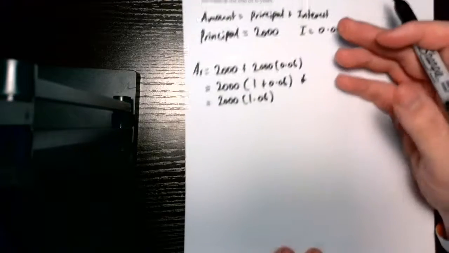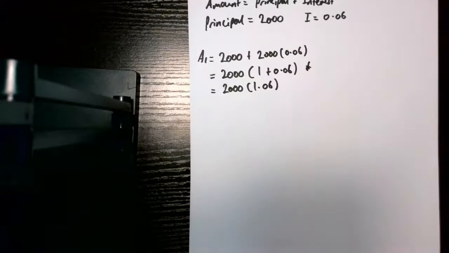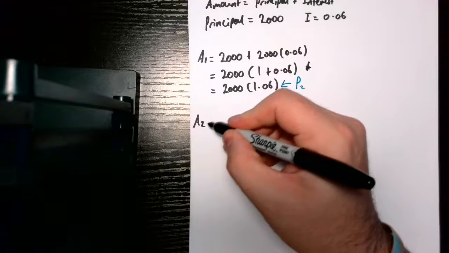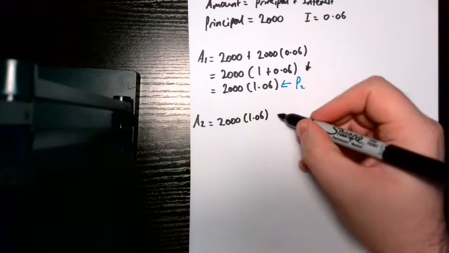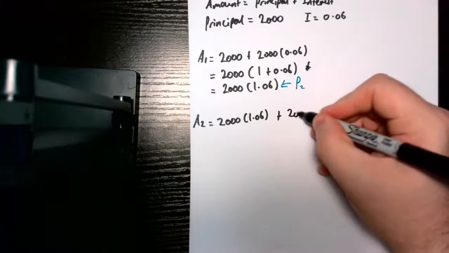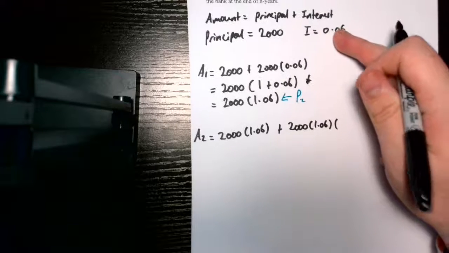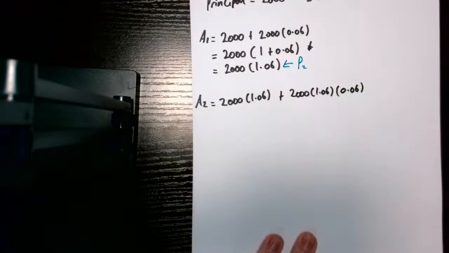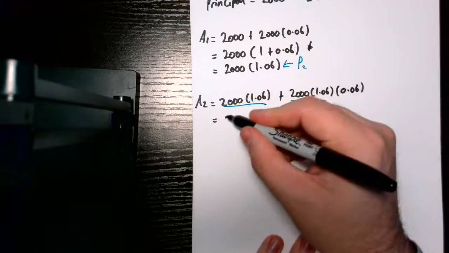So let's now find the amount after the second year. With compound interest, we take whatever interest we generate and we plug it back in as our new principal. So for our second year, this thing here is our new principal, rather than starting off with 2,000. I know we could simplify it, but I want to establish the pattern here for us. So amount 2 is equal to our principal, 2,000 times 1.06, plus our interest. So it's our principal, 2,000 times 1.06, multiplied by our interest rate, 0.06. Again, you can probably see a common factor emerging, and you'll probably pick up this pattern really quickly. The common factor here is 2,000